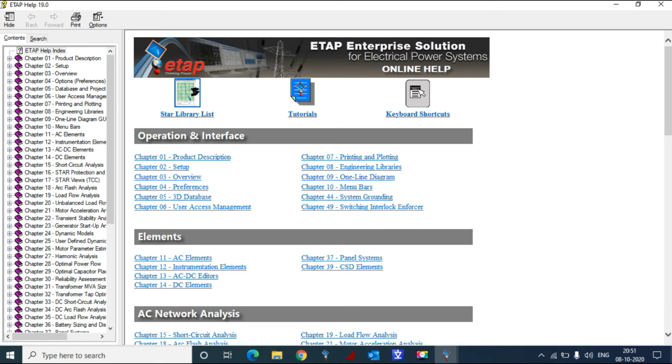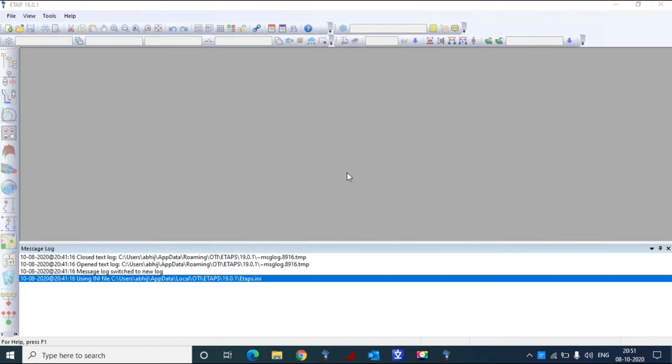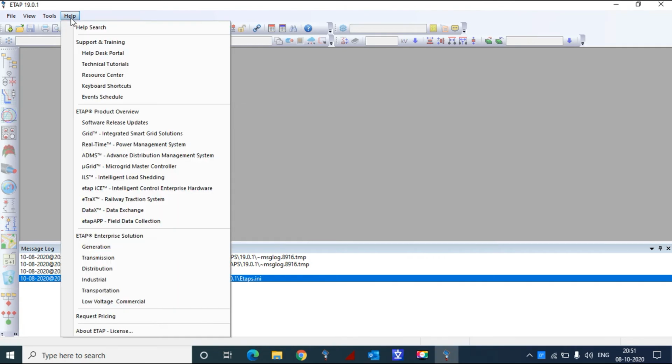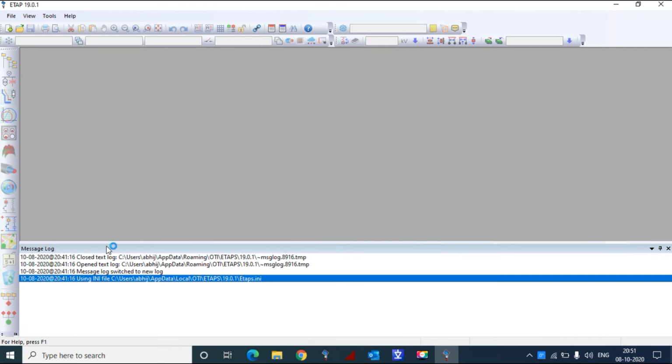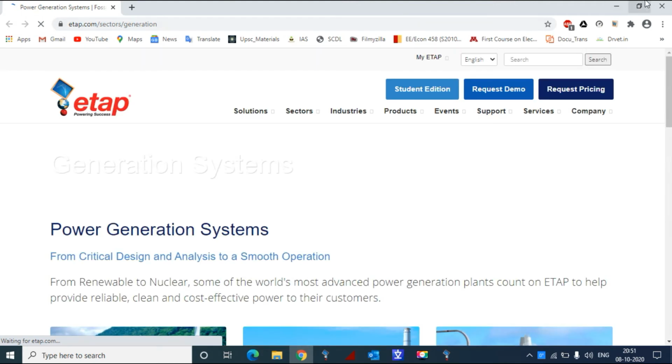If you are stuck somewhere, you can just go to the help section or click on the related chapter, and you will come to know how to mitigate that. There is also some information related to training, product reviews, product updates, and interface solutions. If you click on tab interface, then maybe a new page will open.